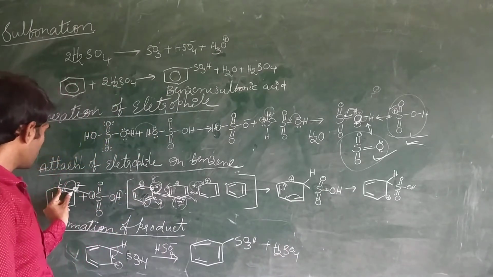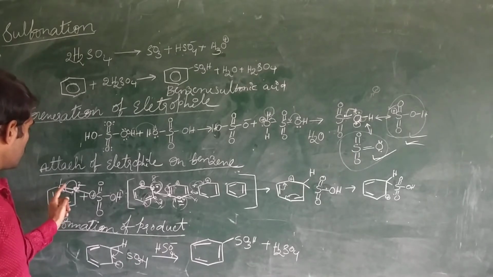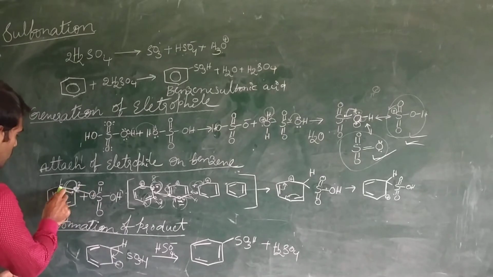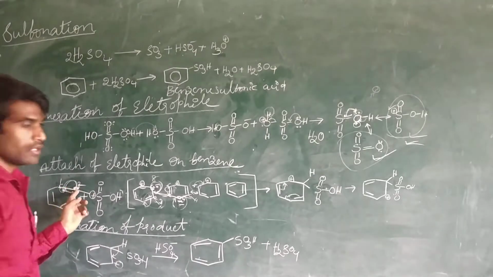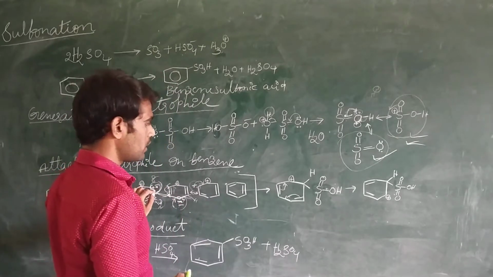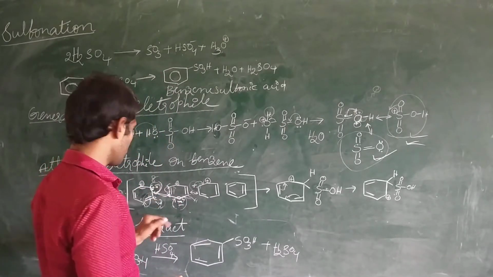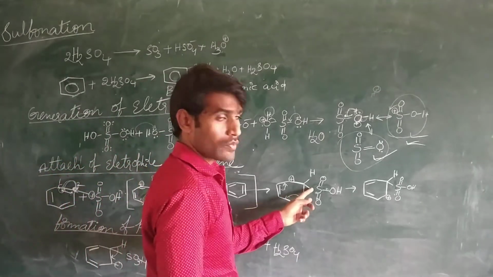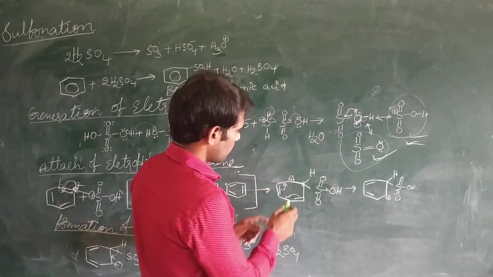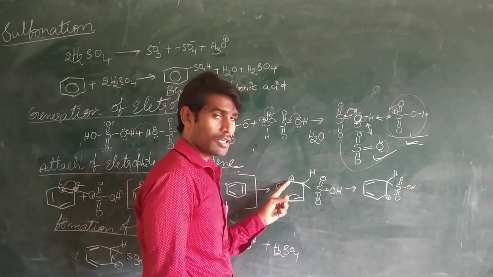When the electrons between the first carbon and second carbon are shifted to the second carbon, this electron density also moves towards this second carbon. So the second carbon is getting negative charge. Immediately when the ortho position gets negative charge, SO3H attacks. Now what happened here? Due to this, the first carbon is getting positive charge.